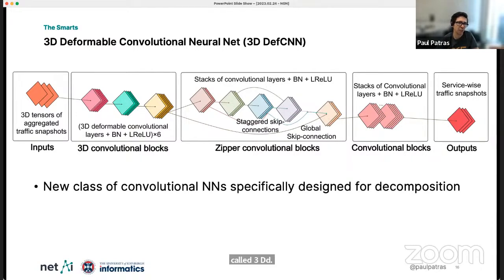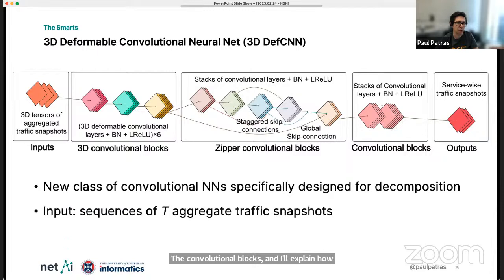The idea here is basically you take inputs which are all these three-dimensional tensors of aggregate traffic. So I look at the intensity of traffic at different locations across a historical window, let's say the past 2 hours. And I give this to these 3D convolutional blocks, and I'll explain how these work. So this will give me some abstract features, which then